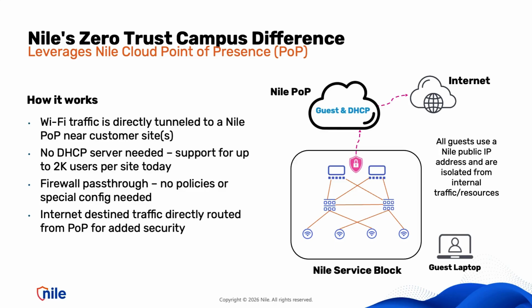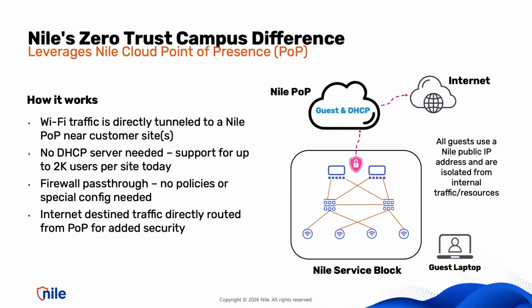When a guest device connects to Wi Fi, its traffic is automatically tunneled to the nearest Nile cloud point of presence. Nile provides automated DHCP, NAT, and internet breakouts using a Nile public IP address. Because traffic exits directly from the Nile cloud, guest traffic never traverses the enterprise network and remains completely isolated from internal resources. Each guest device is automatically isolated with the default deny posture, preventing lateral communication and protecting the enterprise